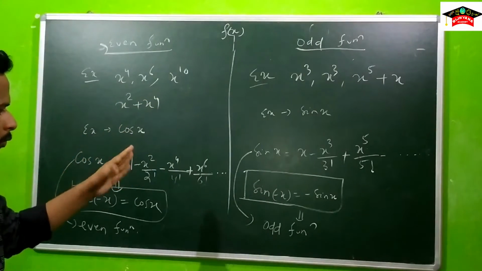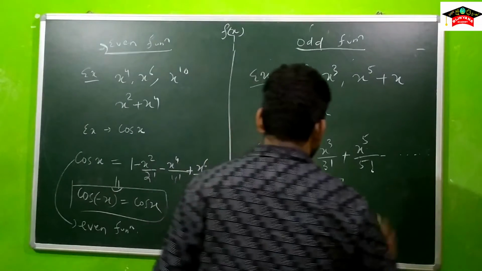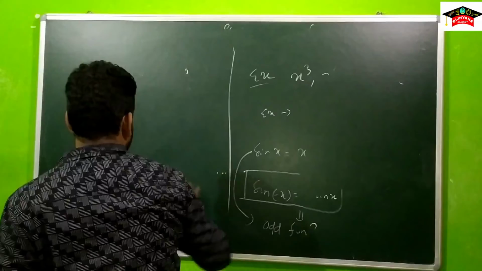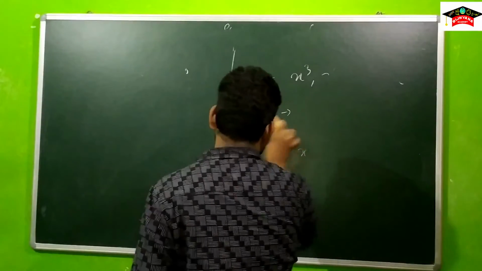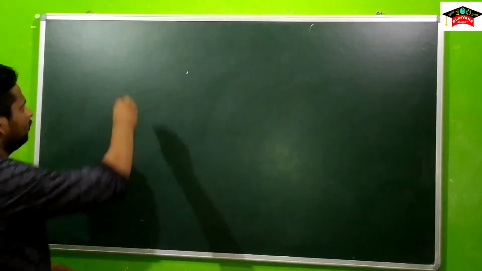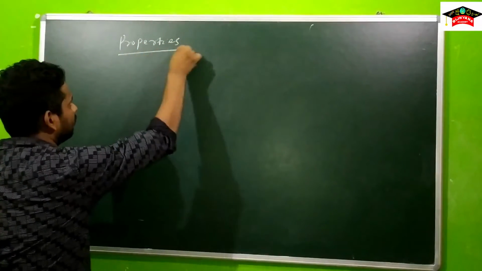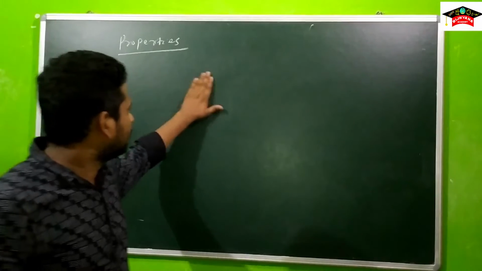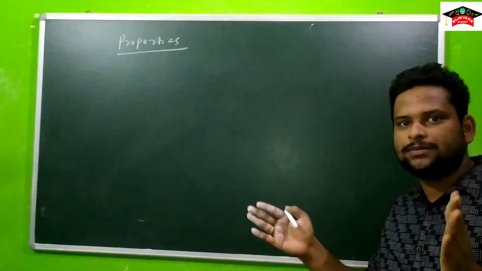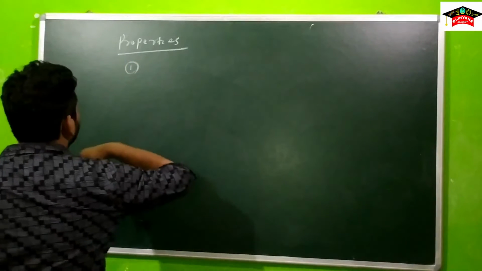So before going to Fourier series, there is an extra thing I want to say, that is some properties. Okay, note it down. Next we go to properties. These properties are most important because they will help us simplify larger problems into smaller parts. The first property is, if we add,